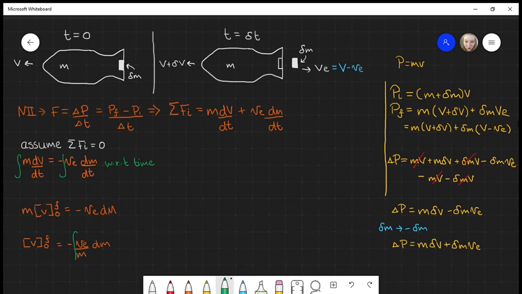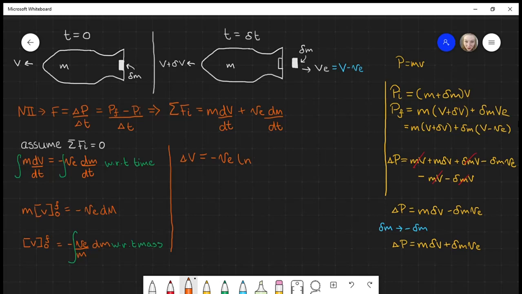And you can integrate that with respect to mass. So this just becomes delta v. It's just the difference between the final and the initial velocities, it's just delta v. And on the right hand side, you've still got the negative, and it's 1 over x, so it's just ln x,